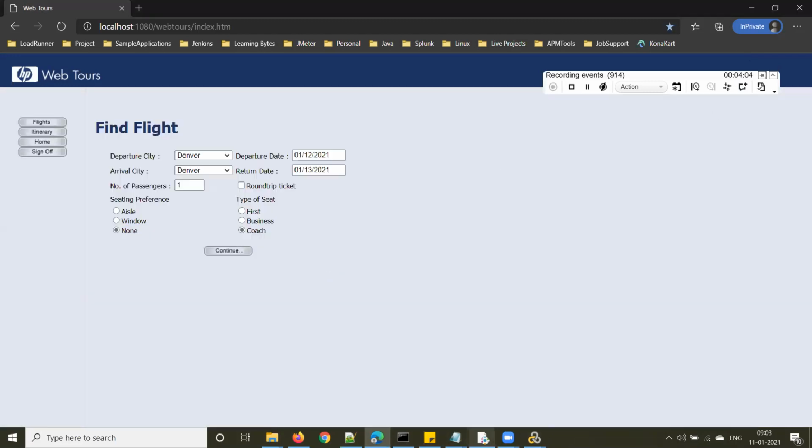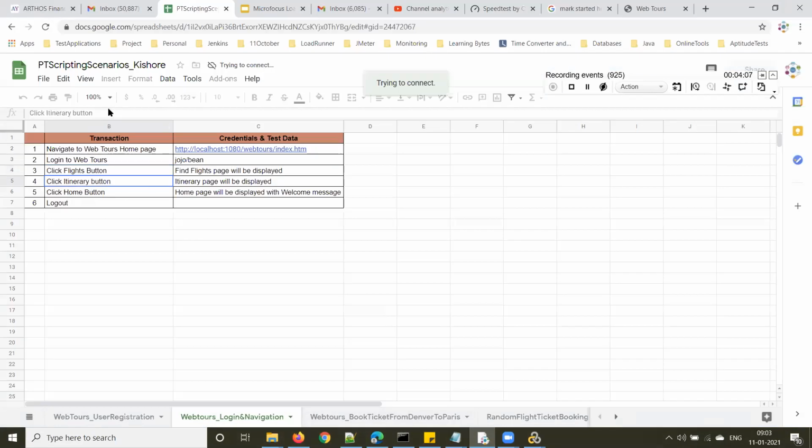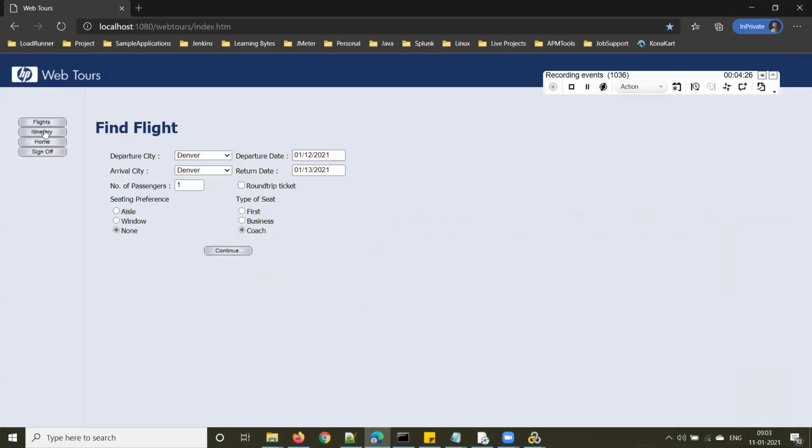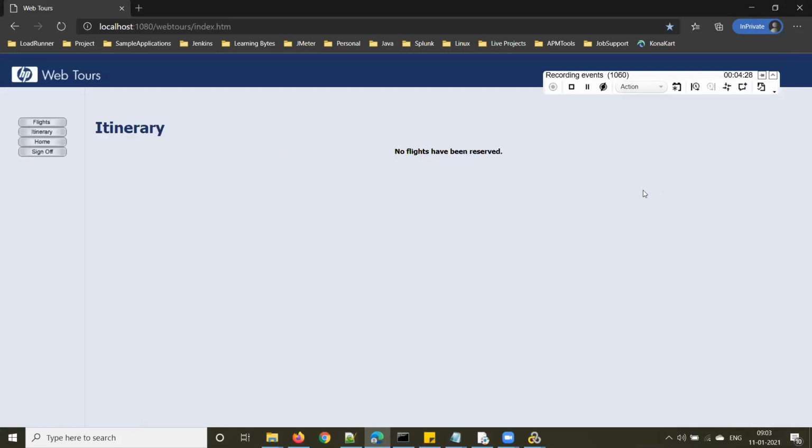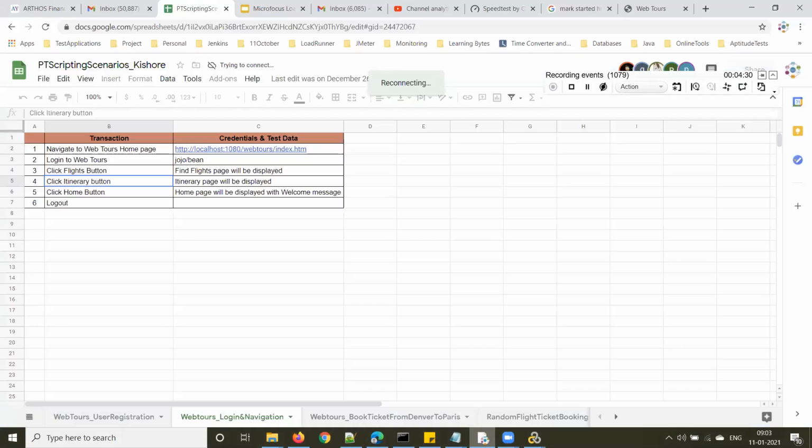All right. What is the next step now? Fourth step is click itinerary button. Okay, click on this itinerary button and then click home button. That is the fifth step.